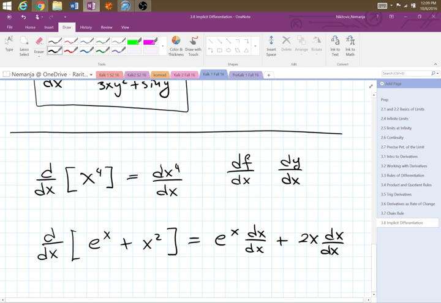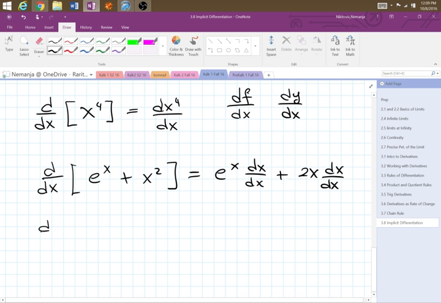Same thing happens here. Derivative of x squared is 2x, followed by the chain rule, which says I took the derivative in respect to x. I took the derivative of x in respect to x. They cancel down, and you have your good old differentiation. Hopefully, this would make your implicit differentiation easier. Because now, with the implicit differentiation,